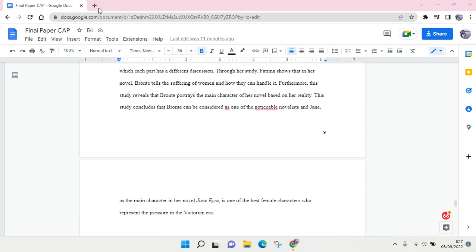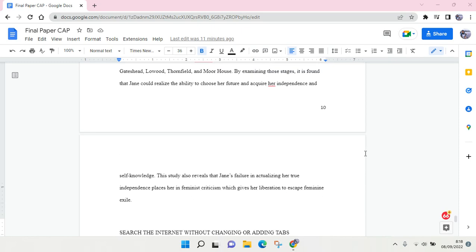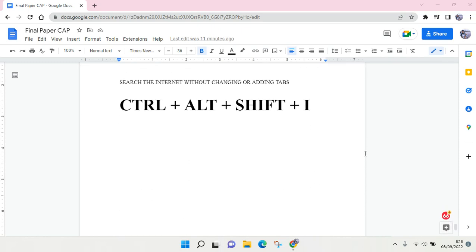So instead of clicking on the plus to add a new tab and then changing tabs to browse the internet, you can just do it with this shortcut. This is the shortcut that you can use to search the internet directly from Google Docs. You can just type Control plus Alt plus Shift plus I. So I'm going to press this on my keyboard,